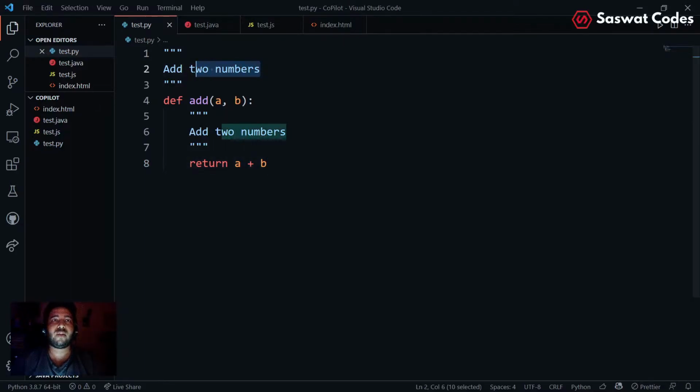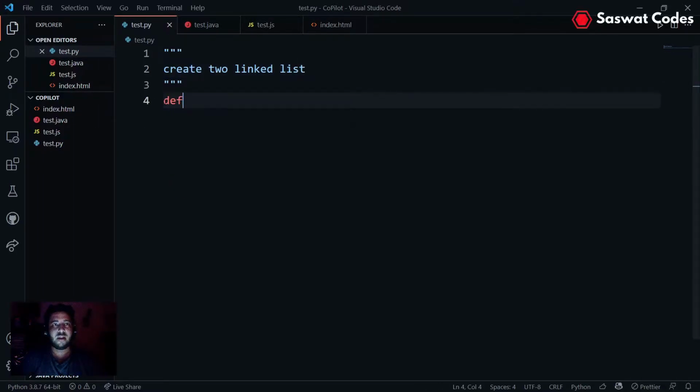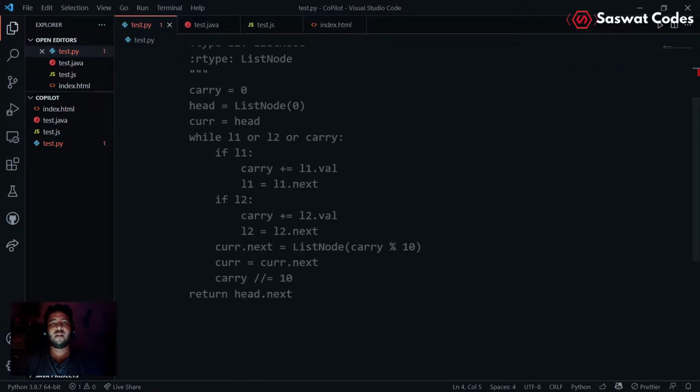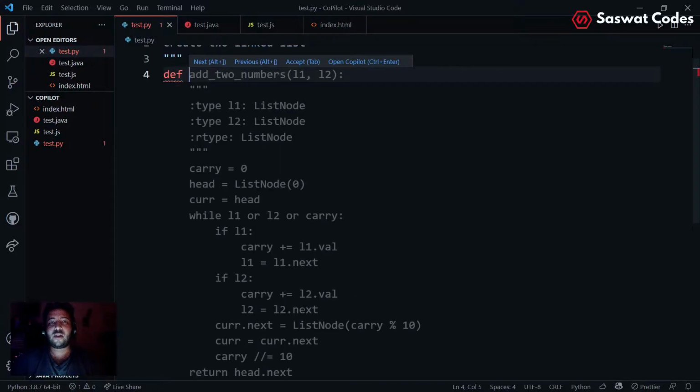But now we want to check, like, create a linked list. I don't know whether it's going to create it or not, but let me check def. Completely, it got the whole code for the linked list.